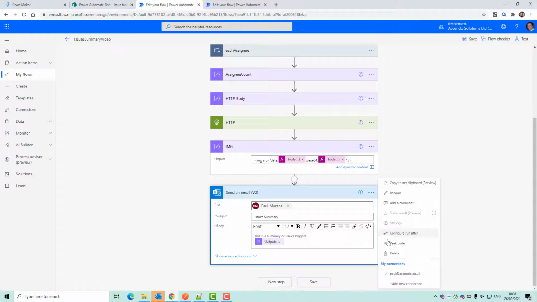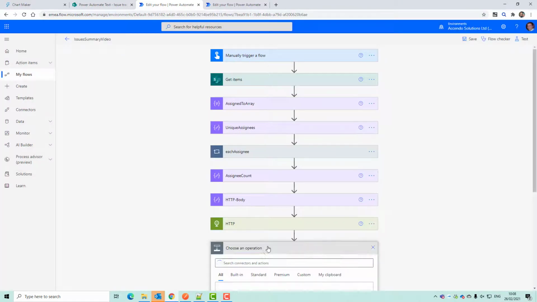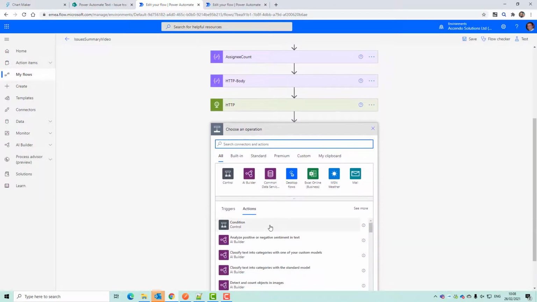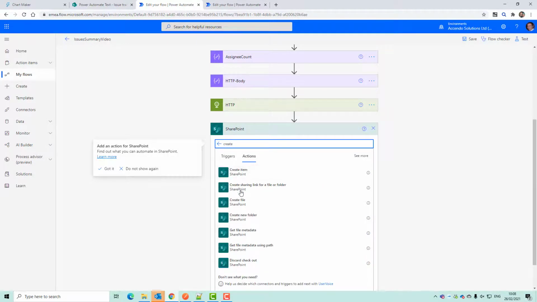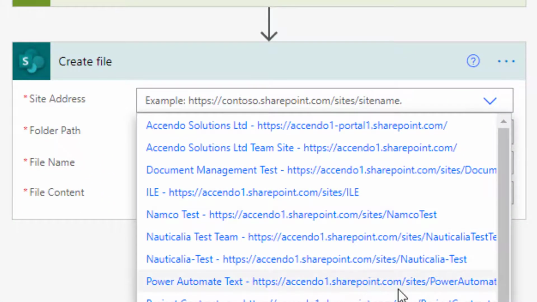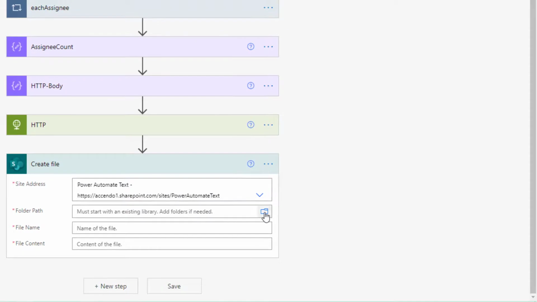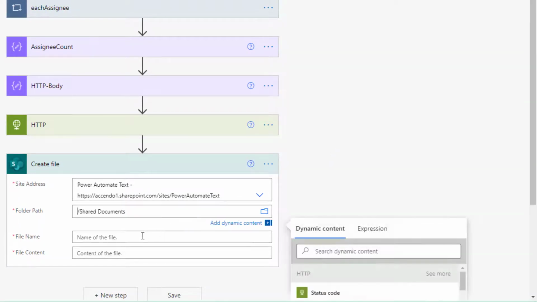Let's get rid of the send email action. And let's get rid of this action. And instead we will do a create file action. And I've got my test site. And I'll put it into shared documents.